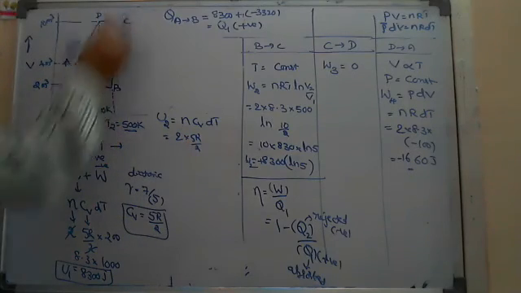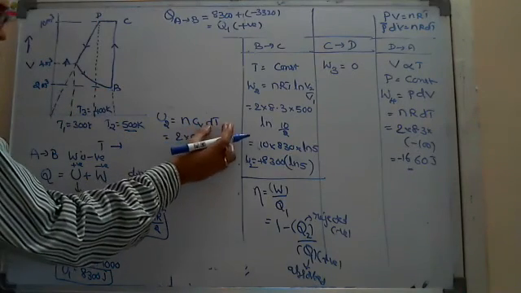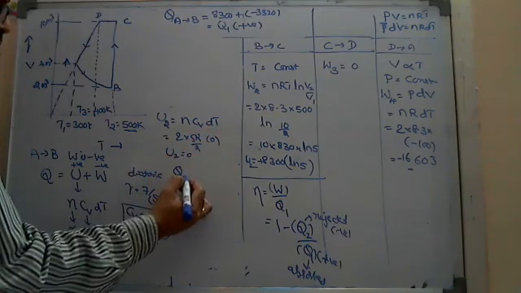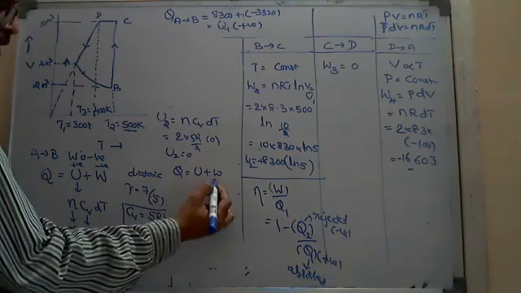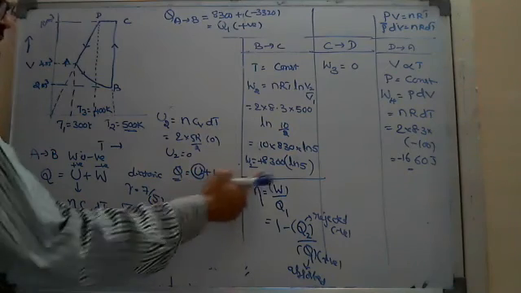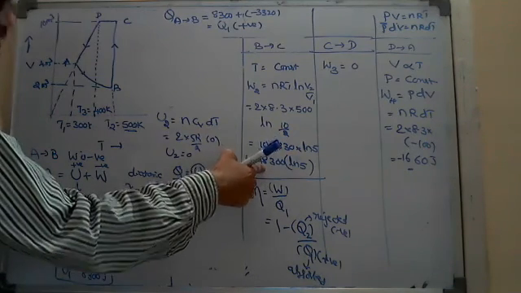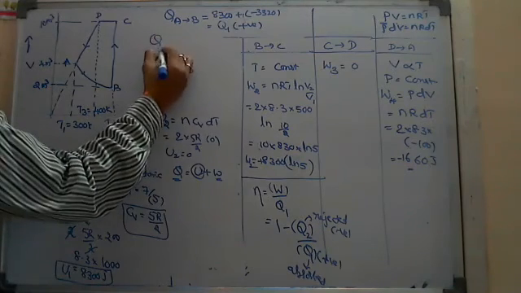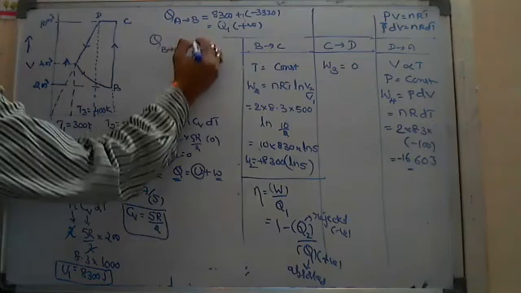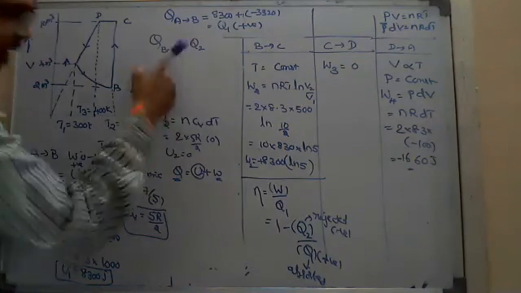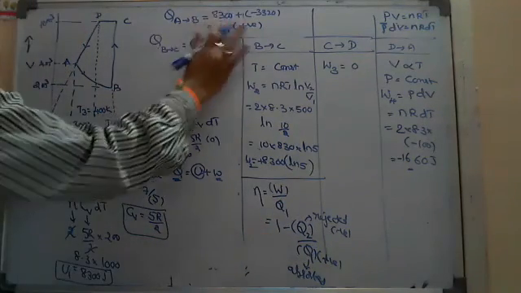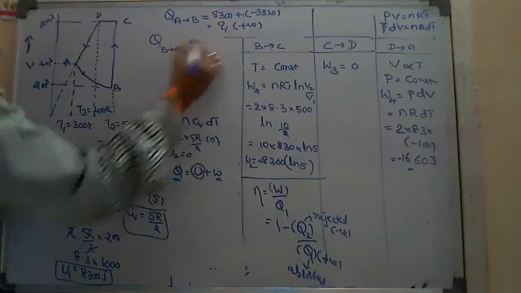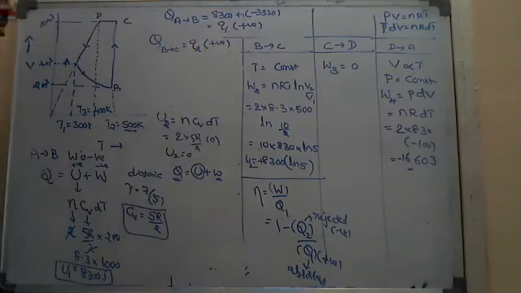Again N is 2, CV is 5R by 2. Here look at this, temperature is constant. Temperature constant means dt is 0 straight away. So U2 is 0. Therefore, from the formula Q equals U plus W, U is 0, so Q equals W, that is already positive. So for B to C, that one which is Q2 I am writing, not the Q2 here, better you take small q1 now, so no need to get confused here. Q2, this is also positive.